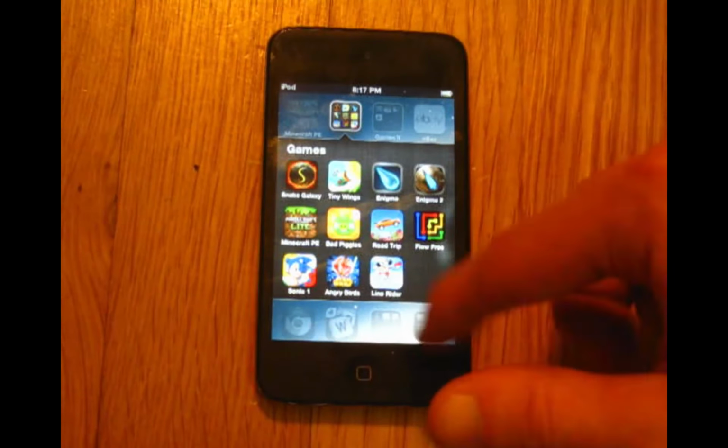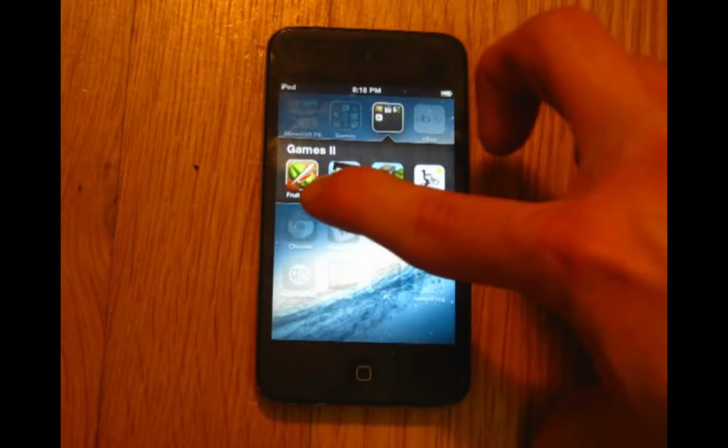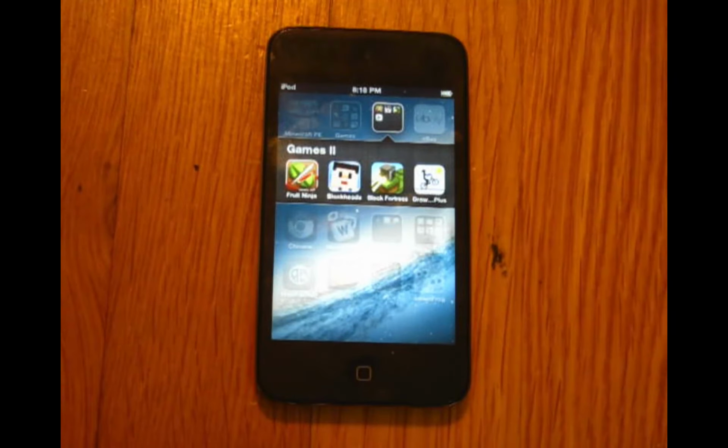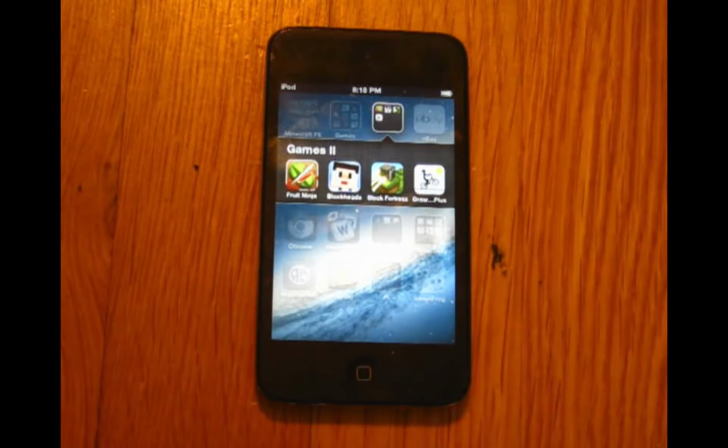We have Angry Birds Star Wars and Line Rider. Okay, so let's go ahead and jump into here. I've got another games folder. Fruit Ninja, decent game. Played that for a bit. Kind of stopped. This game a friend of mine suggested to me is called Blockheads, and